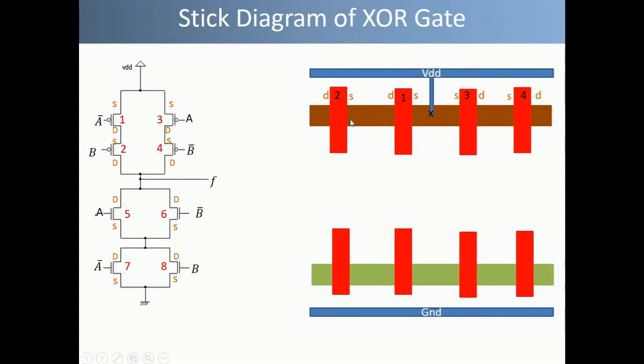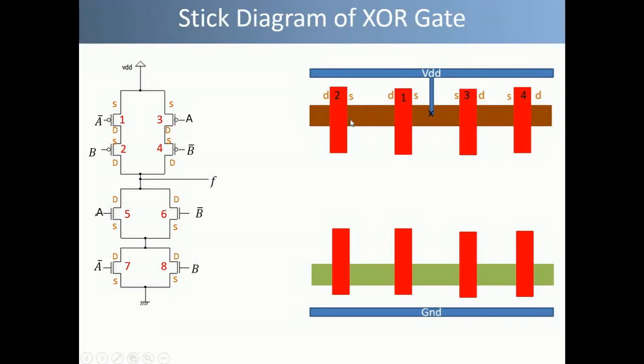And finally the drain terminals of transistor 5 and 6 are connected to each other here, and this is then connected to the pull up network and to the output node. So we place a contact over here and connect it to the pull up network like this, and this makes